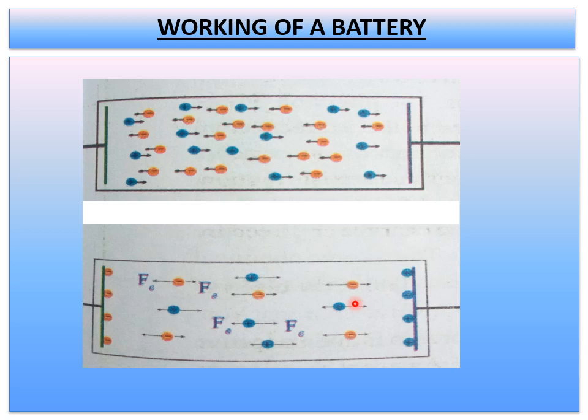If you see here, all the positive ions are accumulated here. So we call this electrode an anode. When you see this side, all the negative ions are accumulated. So we can call this electrode a cathode. So this accumulation of charges on the respective plates continues till both the plates are sufficiently charged.